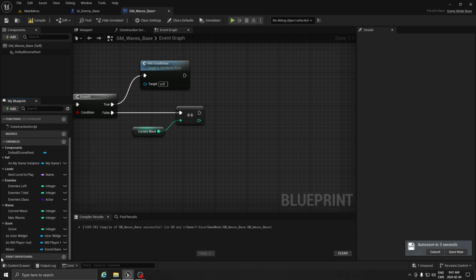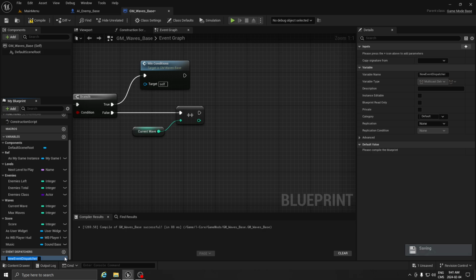So to create a dispatcher, we have event dispatcher right here. So we can just create dispatcher, and this one will be called dispatcher, and it's going to be waves. Okay. And when you click on the wave dispatcher, you have the detail panel right here. So we need an input here. So we're going to create an input, create a new parameter for input. This will be called get next wave